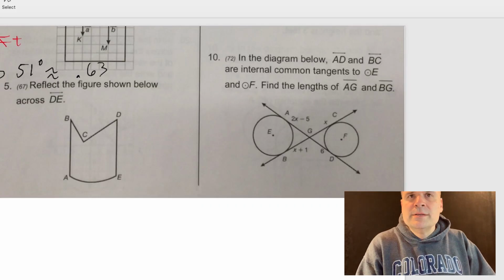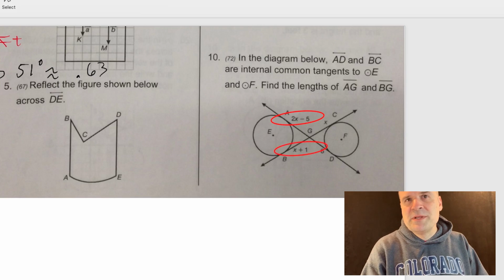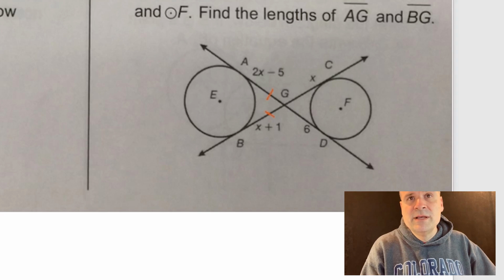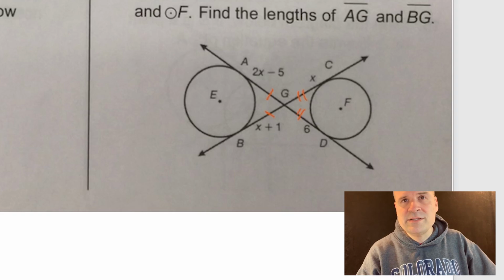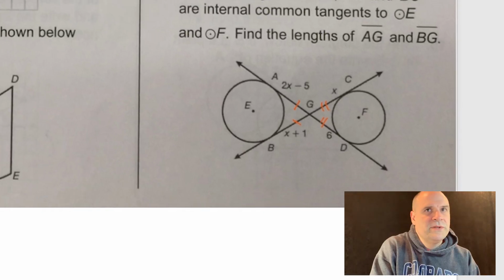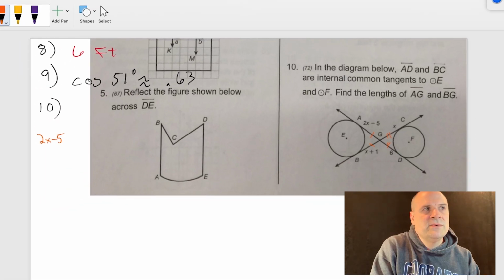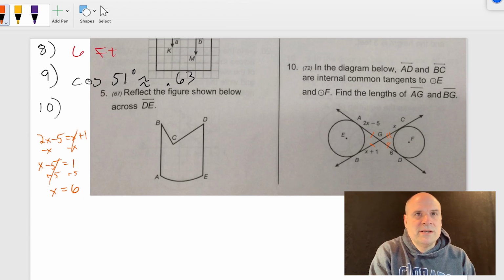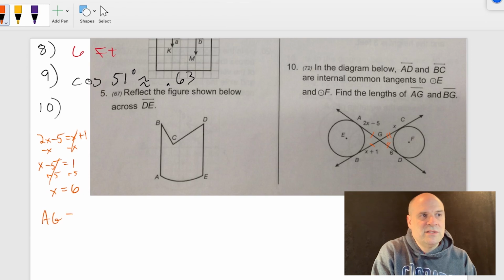And it'll work out. So if this is 2x minus 5, this is x plus 1. So these two have to be equal to each other since they're tangents to the same circle. And these two have to be equal to each other since those are tangents to a circle as well. So 2x minus 5 equals x plus 1. Let's solve for x, get rid of the smaller variable. So x minus 5 equals 1. Add 5 to both sides. X equals 6. Then we're just going to plug in 6 for 2x minus